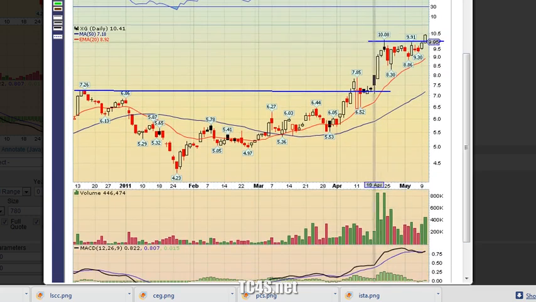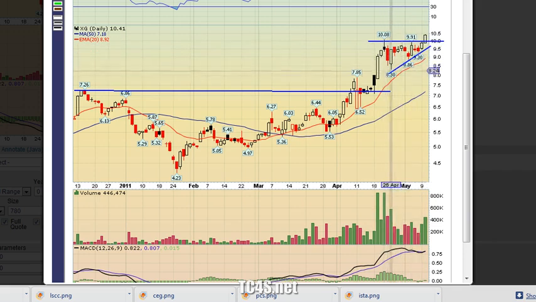As it was approaching this $10 mark, it was creating this nice little mini base here. See that? It's like a little mini ascending triangle type formation. At the round number of 10, the stock was having a little trouble. So ignore this candle right here, and just focus on this action. It hit 10.08 and then dropped back down, moved sideways, consolidated in this base, created